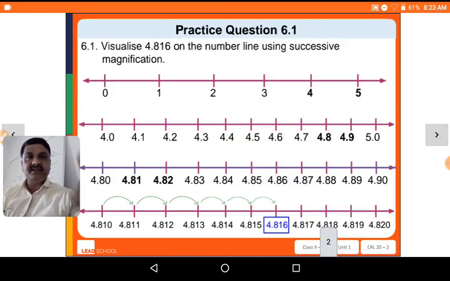First one is considered here that practice question 6.1 is suggesting that visualize 4.816 on the number line using successive magnification. ऐसे क्वेश्चन आपको पूछा जा सकता है कि हाउ टू विजुलाइज दिस 4.816। आपको ये नंबर है अच्छी तरह से याद रख लेना है। तो आपको पहली चीज जिस जिस तरह से यहाँ पे मैग्निफिकेशंस आपको बताया वैसे ही मैग्निफिकेशन से आपको इतनी ही नंबर लाइन ड्रॉ करनी है। पहली नंबर लाइन आपने ड्रॉ की 0 से 5 तक, उसमें